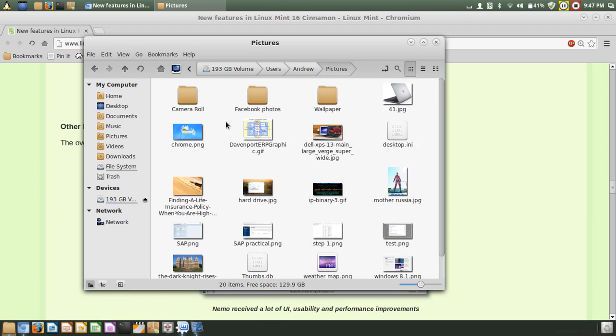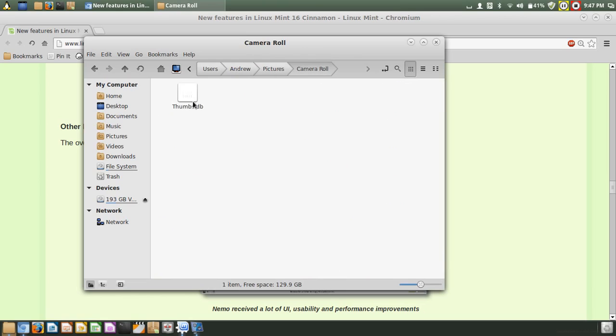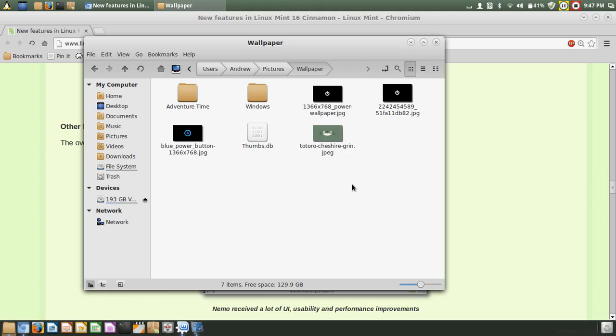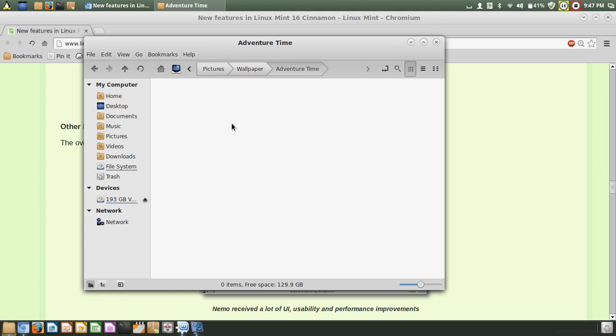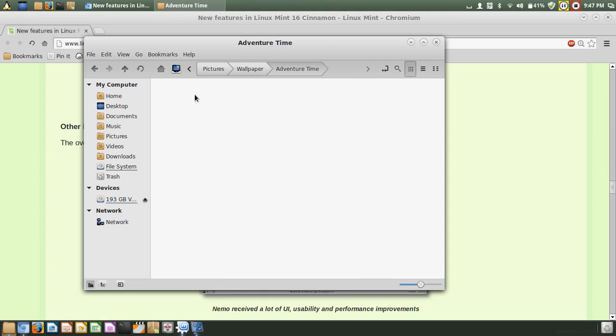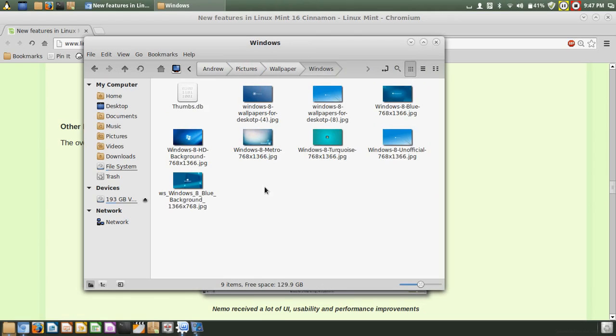There's my camera roll, which isn't showing because it's a Windows 8 program and doesn't work too well. I have my Adventure Time wallpaper there, which isn't showing up for some reason. Maybe it's been deleted, I don't know. But there's Windows ones I've downloaded for Windows 8,